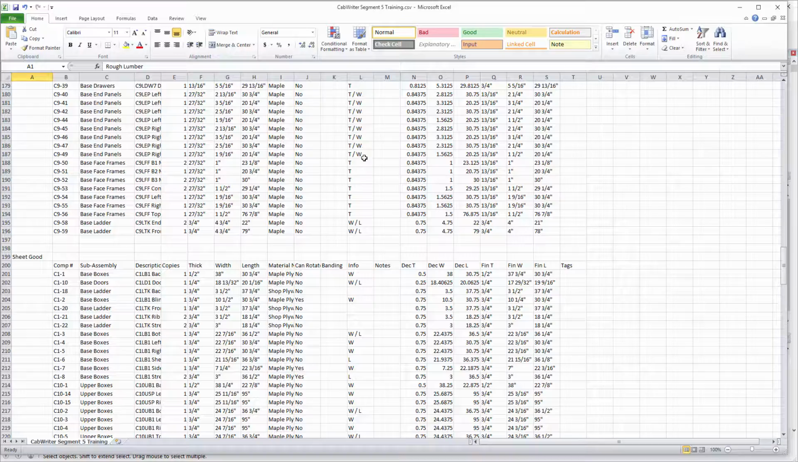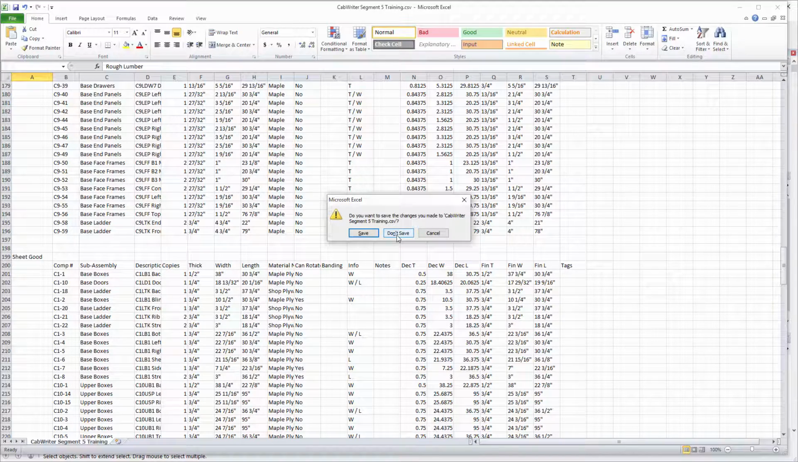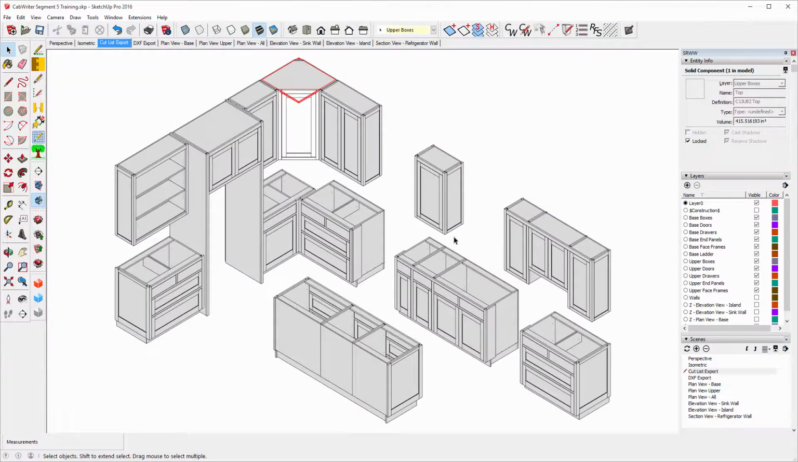So getting a cut list is very easy. And if you don't want to spend the money for Cut List Plus FX, you can use OpenOffice or Excel. I want to mention one other really nice feature